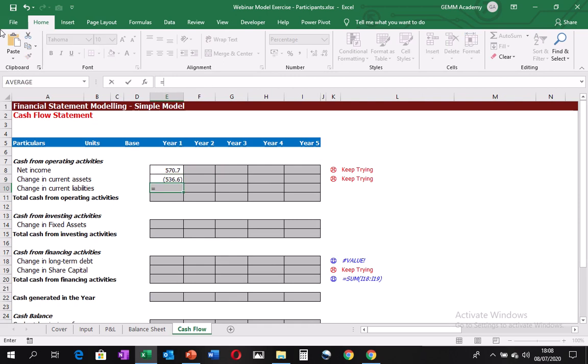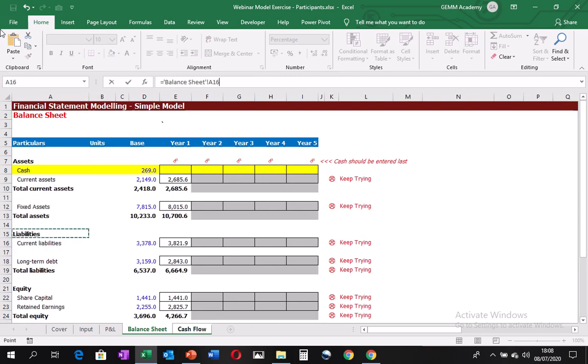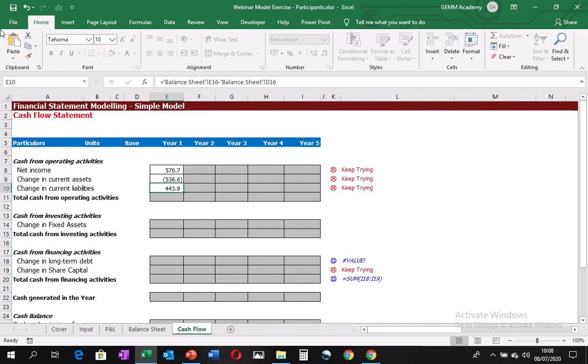Alright, current liabilities is going to be the opposite. So we'll move to current liabilities. When current liability is growing, it is positive, and so we need to say the current value of current liabilities minus the base year value of current liabilities, which is this. When it is growing, it is better for us because we are keeping cash in and not giving it out to pay liabilities. Alright, so we've gotten all the items under the operating activities. So we'll do a sum